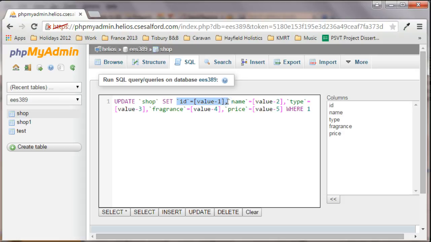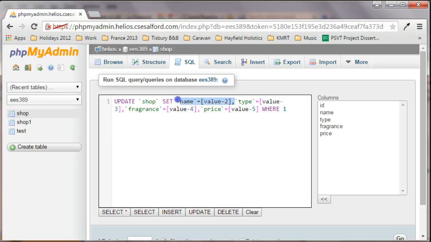What I think I'll do is I will change the price of all of my soaps to £4.50. So nothing to do with ID. The name of the soap remains the same. The type remains the same, so the soaps stay as soaps. The fragrance remains the same, but the price changes. So we're going to make price equal to £4.50,